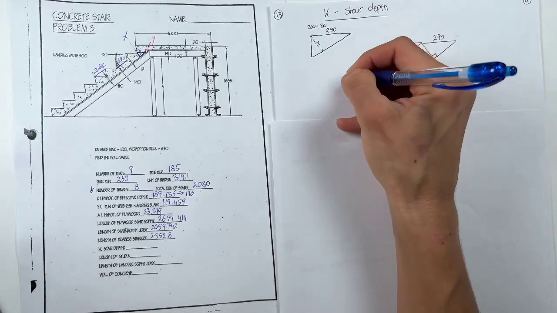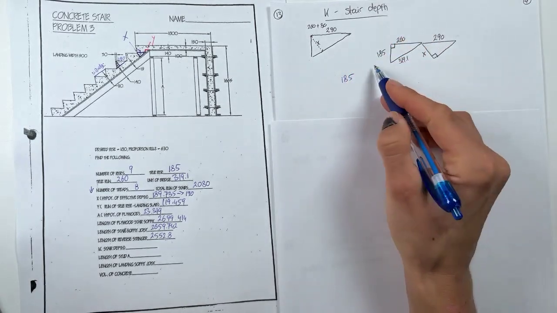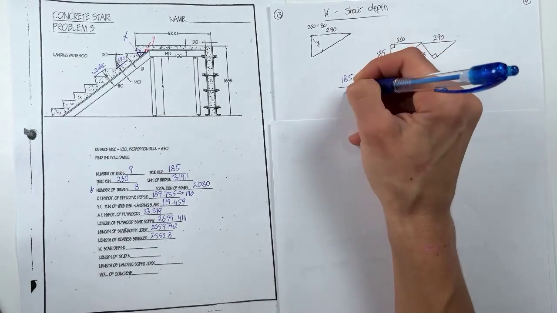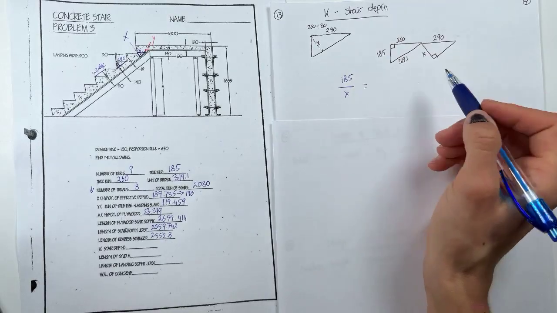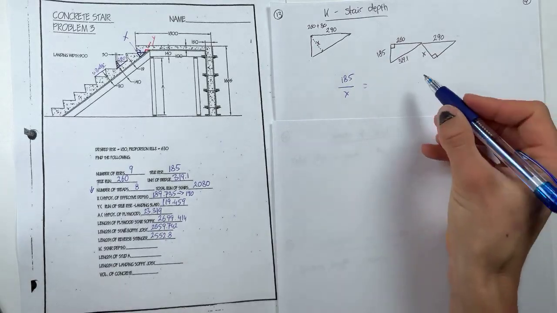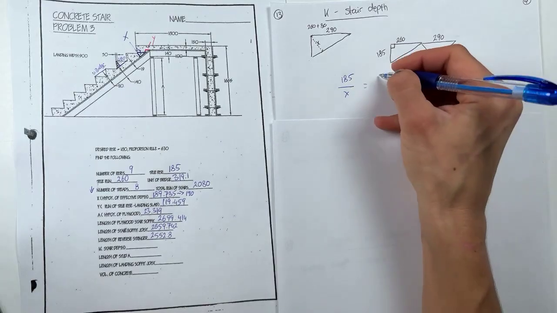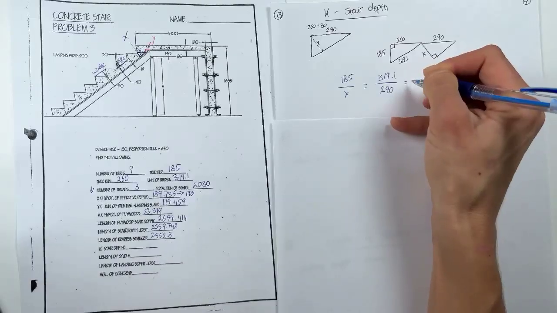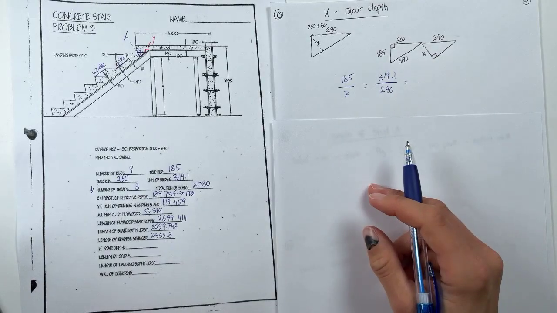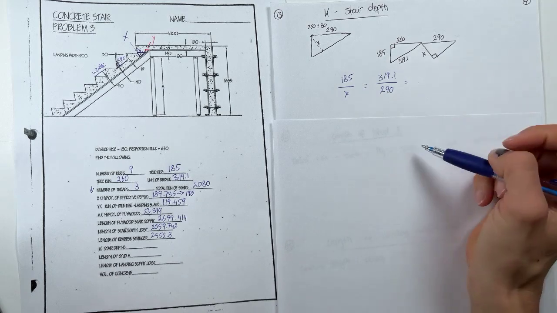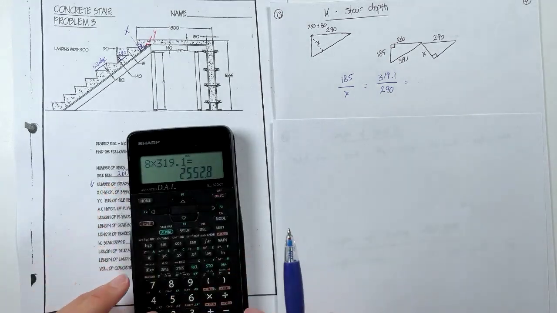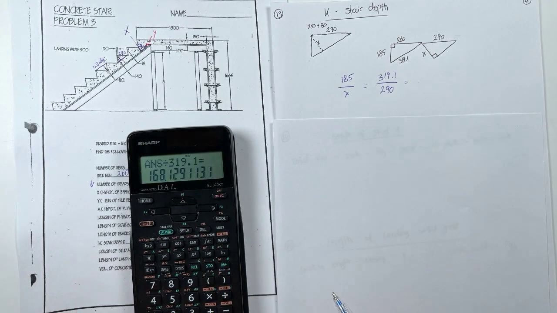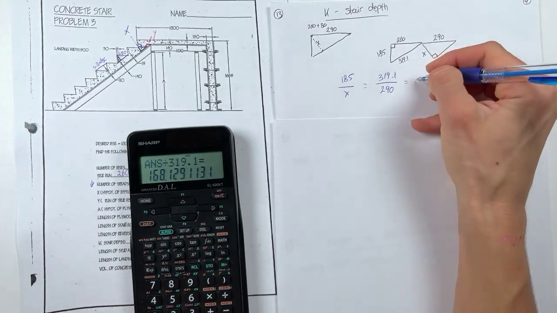So let's see. We have our 185 over X. And then we have 319.1 over 290. So those are the ones that we can compare here to give us that X. So let's cross multiply and divide. 290 times 185 divided by 319.1 gives us